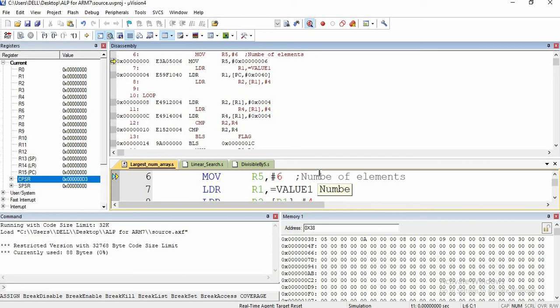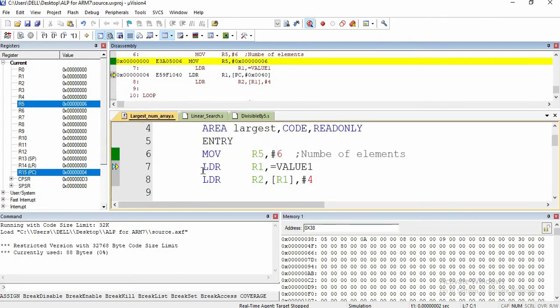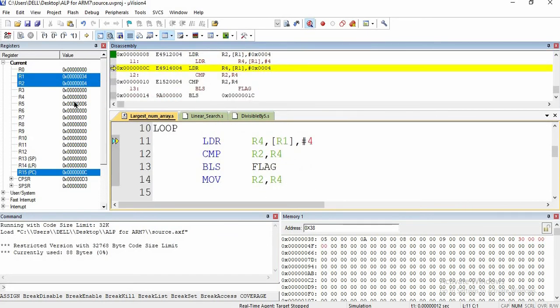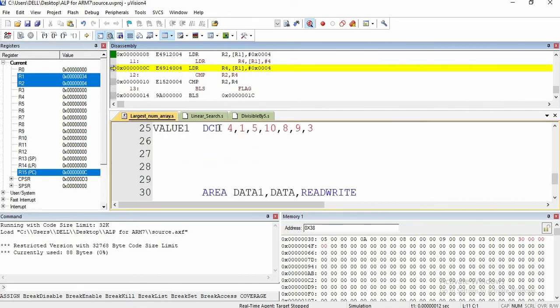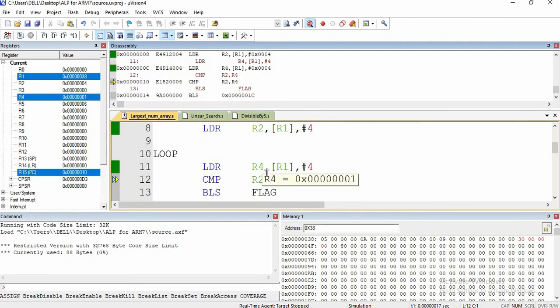I'm going to press F11. 6 has been loaded in R5, which indicates there are 6 elements. I am going to press F11 again. Values address has been loaded in R1. F11. R2 has the first element, that is 4. F11 again. And R4 has the second element, that is 1.